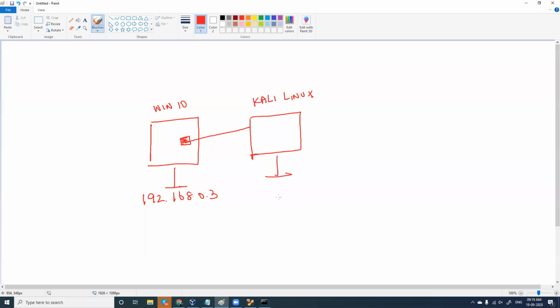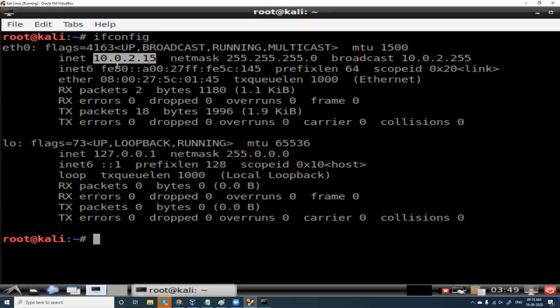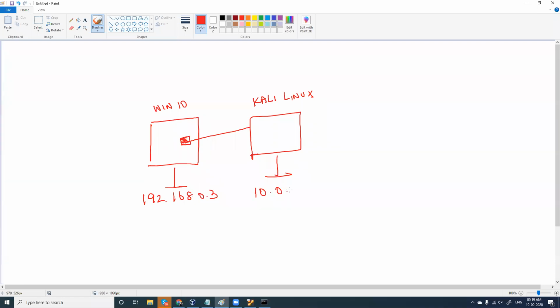Now, what is the IP address of Kali Linux? The IP address of Kali Linux is 10.0.2.15. So it is 10.0.2.15, right?